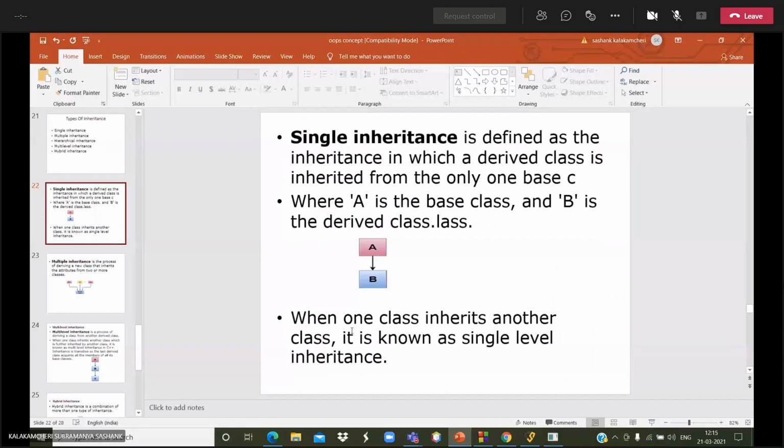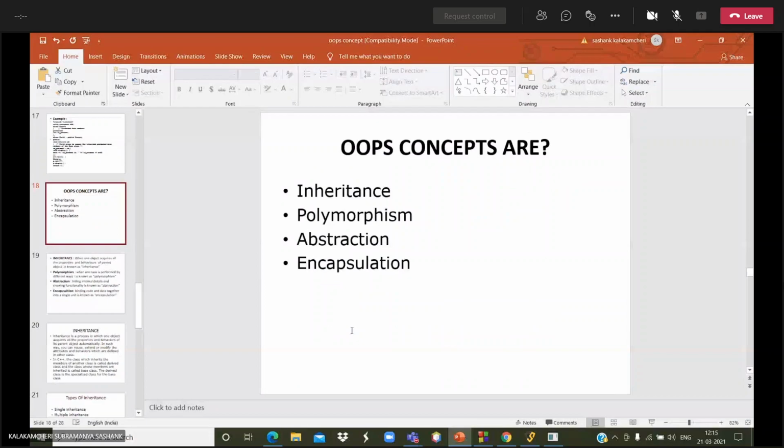Then we are going with friend functions. We can discuss different types of functions, and in what ways we can declare and how we can call the functions.